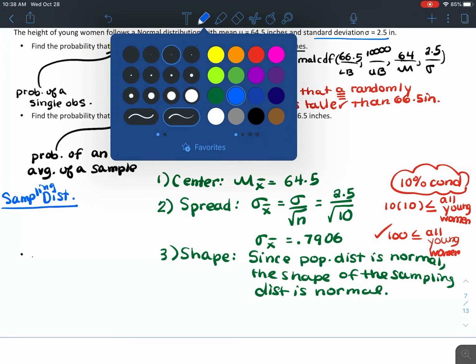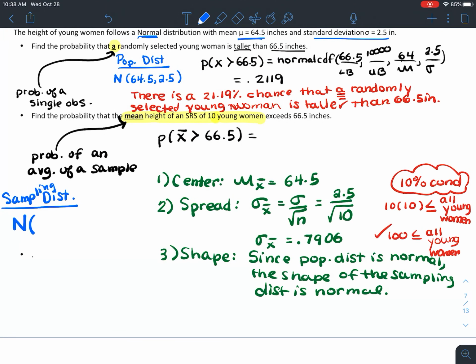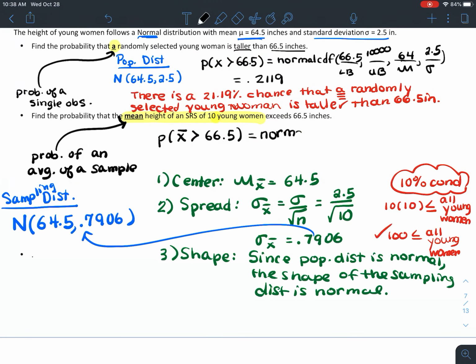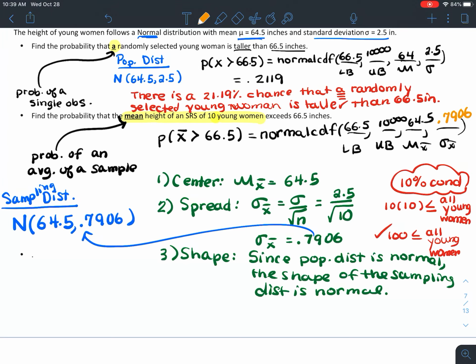So I'm going to come over here and abbreviate what I know. I know the shape is approximately normal. I know that the center is still at 64.5, but be careful, this is a different spread that we're using. We're going to use that for our spread. Now we can come back up. We can use normal CDF. It's going to feel like almost all of these inputs were the same as what we put in for the previous problem, but the one that's actually different is what you're plugging in for the spread. And then the answer to this would be